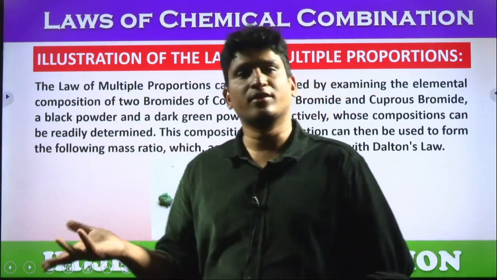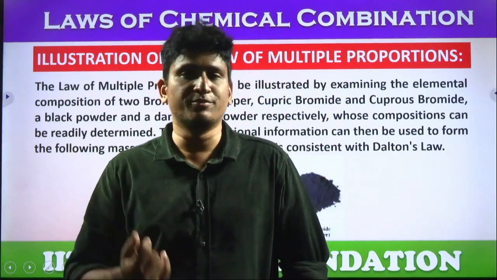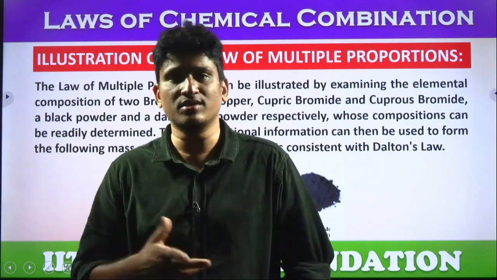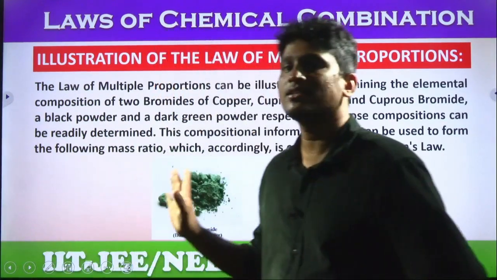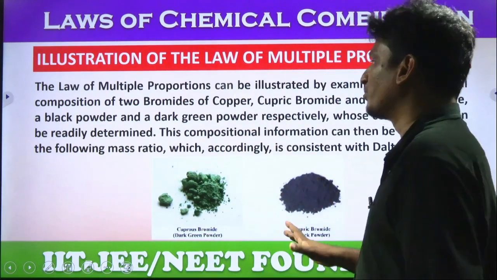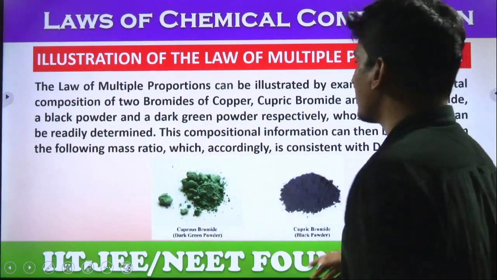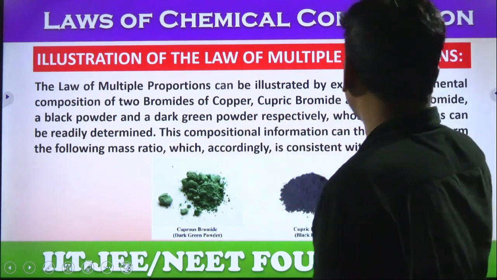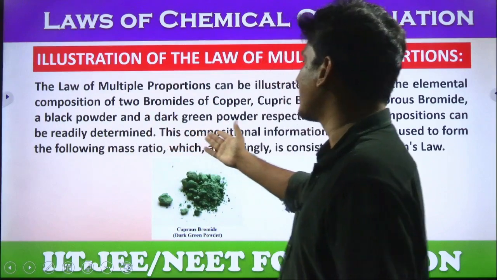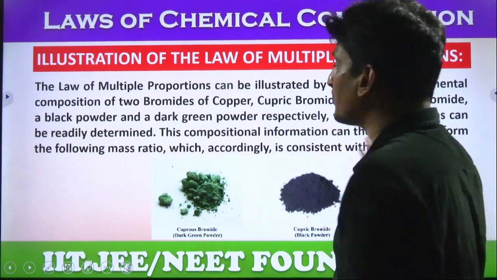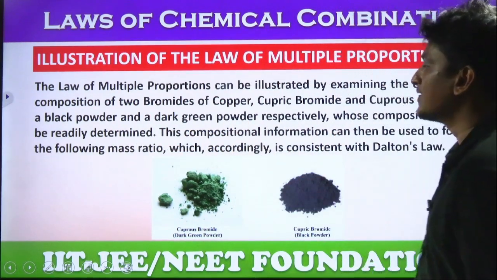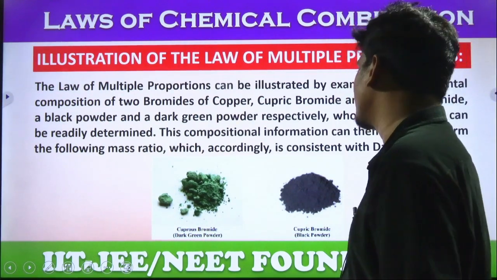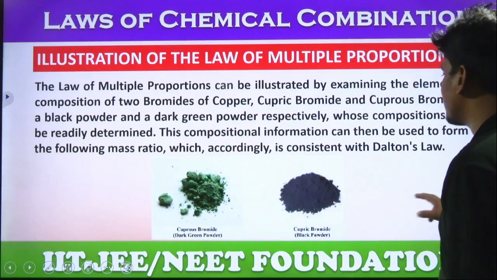1:2 ratio, right? This is explaining in terms of their masses. If bromine is 80 grams, and 2 are there, 160, then 80 to 160, how much, students? 1:2. Understood? Got the clarity? That is the law of multiple proportions. So here colors are also given for these different compounds. Cupric bromide and cuprous bromide are a black powder and a dark green powder respectively, whose composition can be readily determined. This compositional information can then be used to form the following mass ratio, which is accordingly inconsistent with